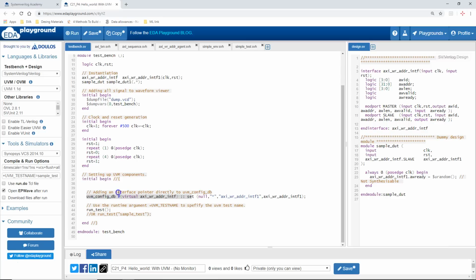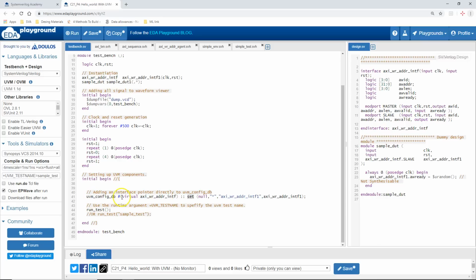So in simple words, config db is not referring to any hierarchical structure of the UVM classes. You can add things into config db by calling the set method of the config db, and you can get things from the config db by using the get method. Here I am using config db to pass the handle of the interface from the top level test bench module until the driver class. So this is how it is done.